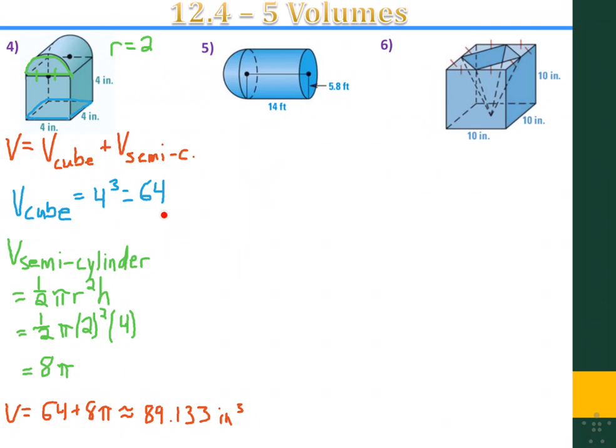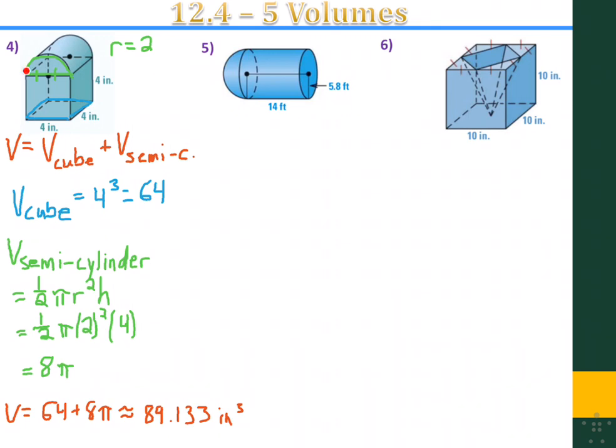of 4, it's just 4 cubed. I could look at that as a prism, and the area of the base is 16 times the height of 4, which is still 64. The only 2 tricks, I suppose, with the semi-cylinder is to acknowledge that, A, we need to take half the formula of a regular cylinder, so we take that and cut it in half, thus the coefficient of 1/2,